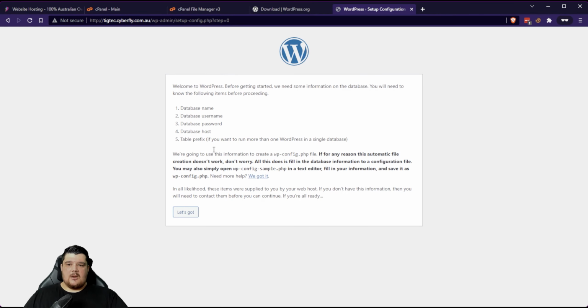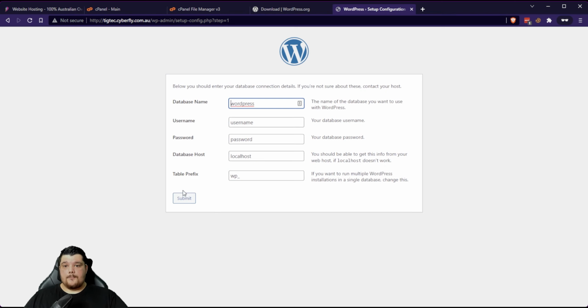This page is just telling you what you need before you proceed. So we need database name, the username, the password, the host, which will most likely be localhost, and table prefix, which we're not really going to worry about. So we've got all of that, so we're going to click Let's Go, and we're going to fill out all